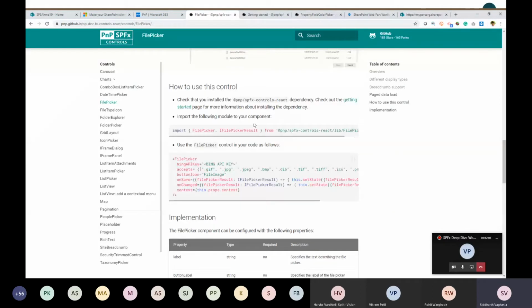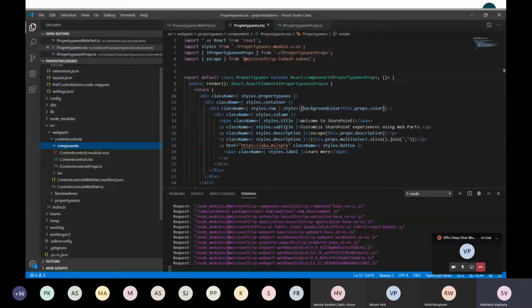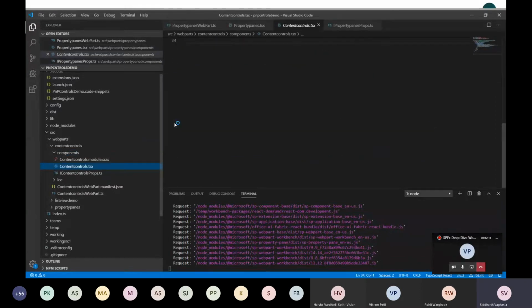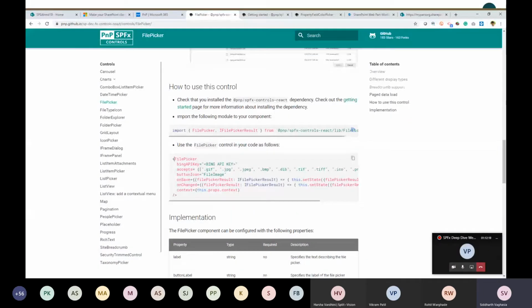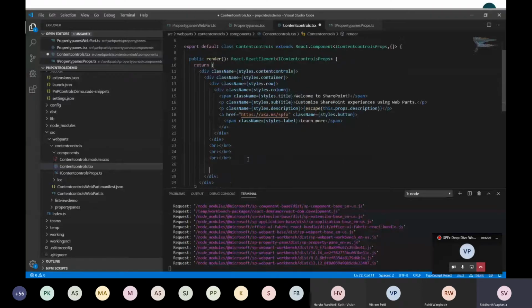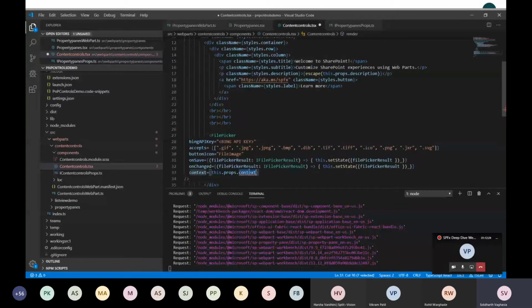Again, we will first import it. As this is the React content control, we have to use it in our React component, right? So I'll go to my React component, import the library, then use the file picker control and put it in my render method.